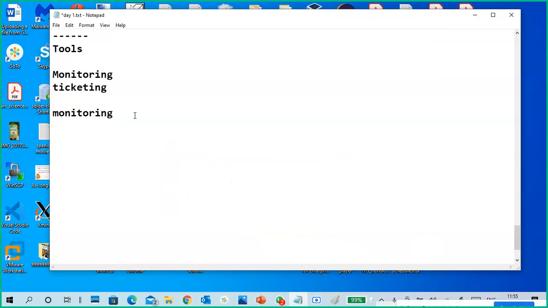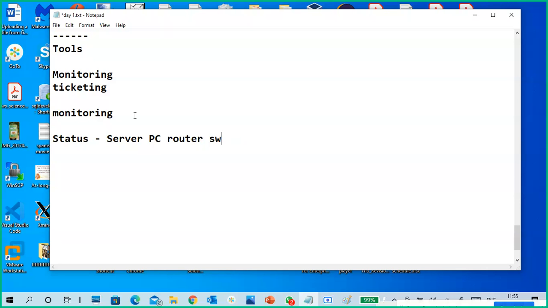For example, you are monitoring only status, like the running status of a server, a normal PC or laptop, a router, or a switch, on or off.